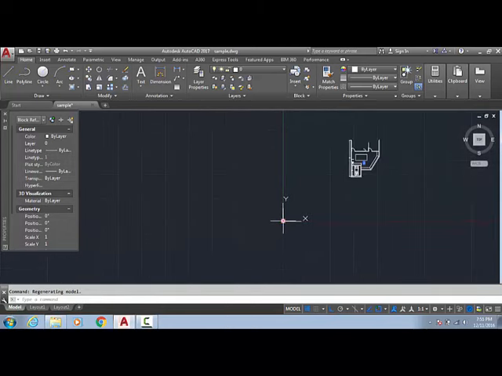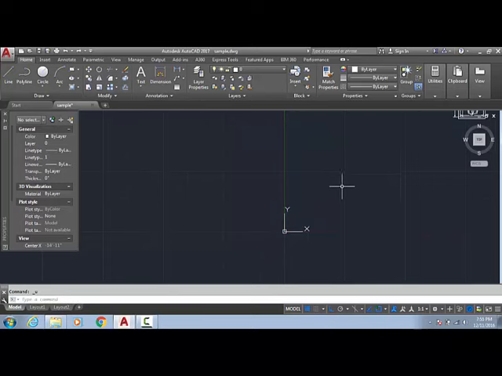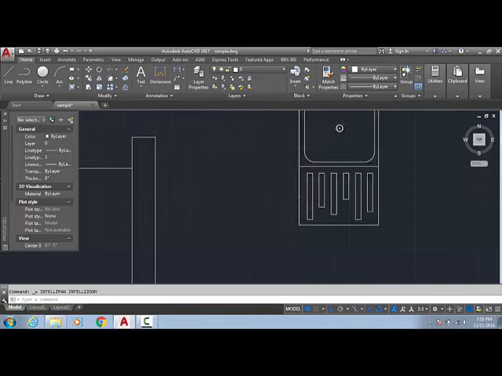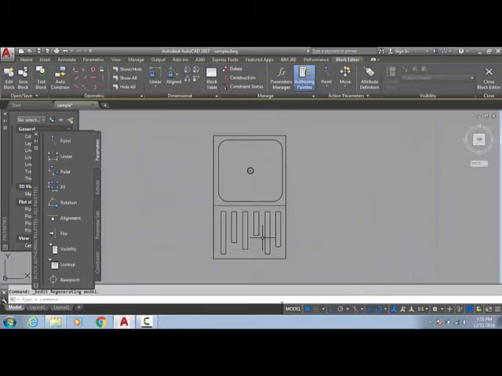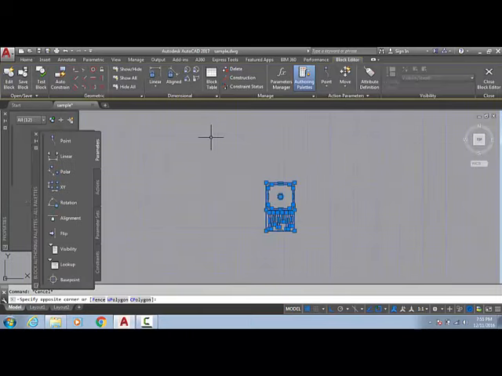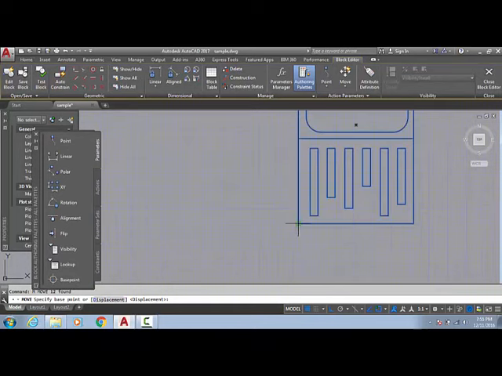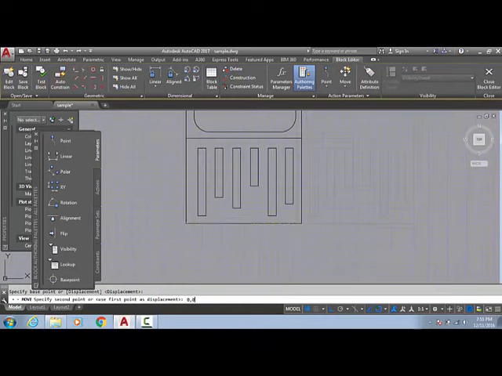Look here, if I am selecting this, this is moving. Same place, if I am using Control and putting, this is copy. So I am getting back to this. Here is the block. What I am going to do is change its base point. To change the base point, select Move, select the base point you want to make, and move to 0,0, enter.